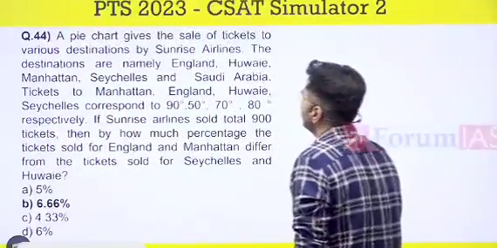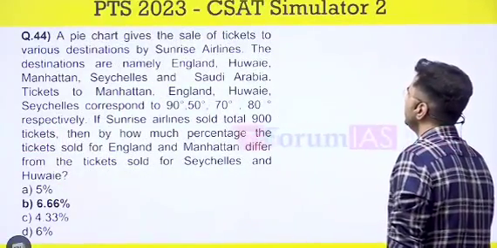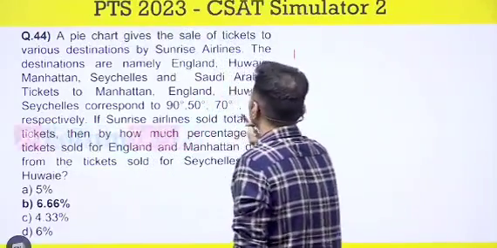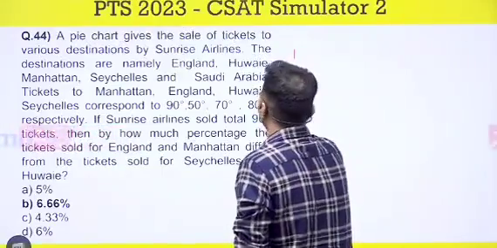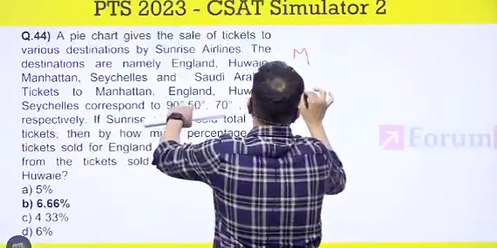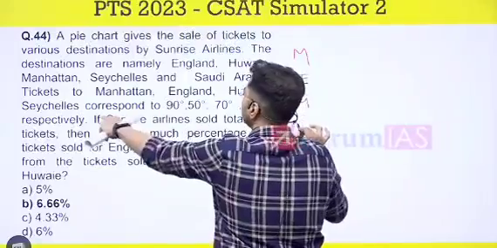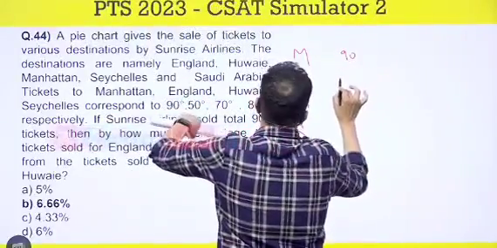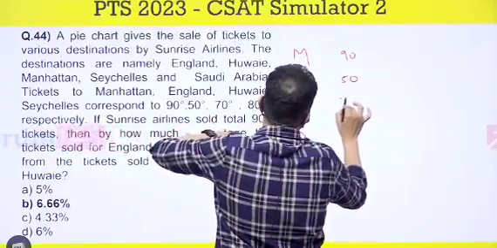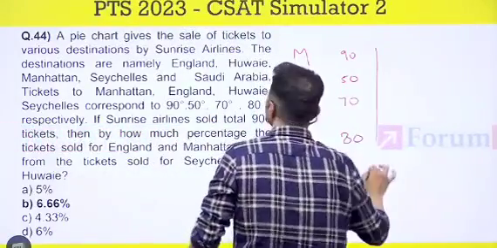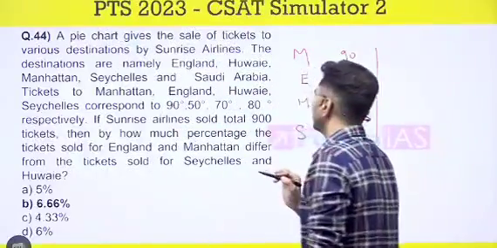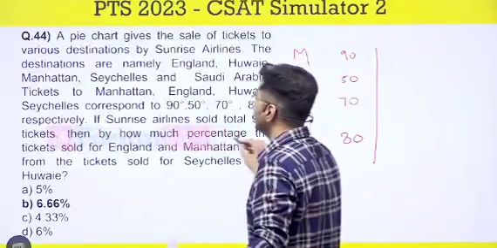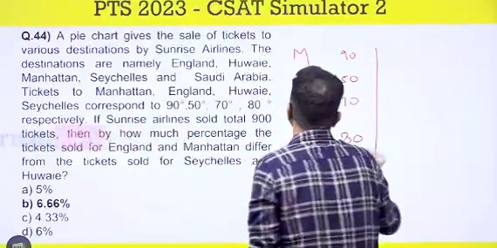Okay, a pie chart gives the sale of tickets to various destinations. The destinations are namely, let's write the destinations with the values. Manhattan, England, Hawaii, Seychelles. Now it is 90 degrees, 50, 70, 80. Then they're asking, if Sunrise Airlines sold a total of 900 tickets, then by how much percentage do the tickets sold for England and Manhattan